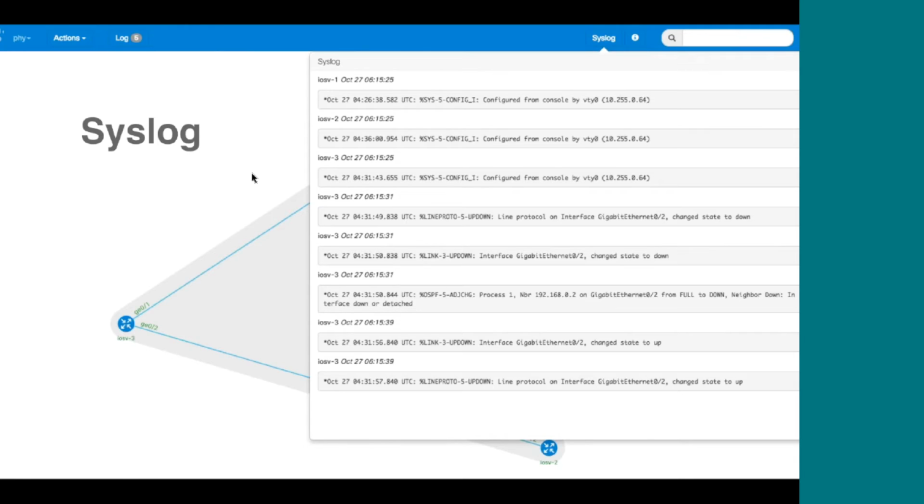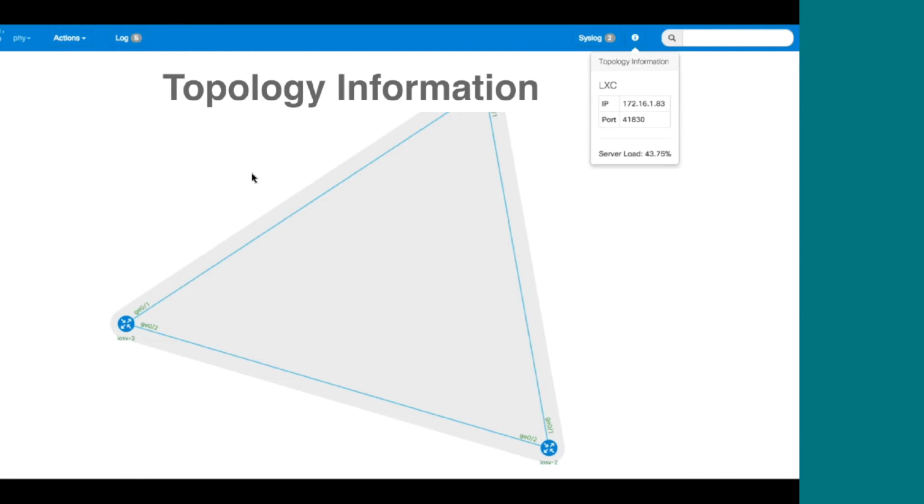And we can see even in this example here that we've got 3 devices right at the top, iOS v1, iOS v2, and iOS v3, and then a lot of events from 3 as I took links up and down. So you can see that we've got a heads-up view of multiple devices at once, which is really powerful to see the syslog aggregated into a single point. And having that directly with the topology can be quite powerful. We also have some basic topology information. So at the moment, this is really just showing the load on the server and the access coordinates to get to that management LXC. We could expand on this in the future.